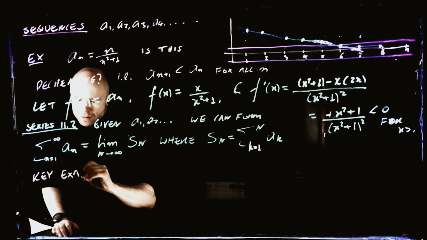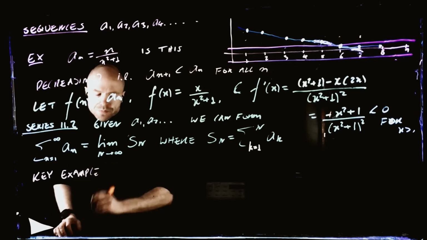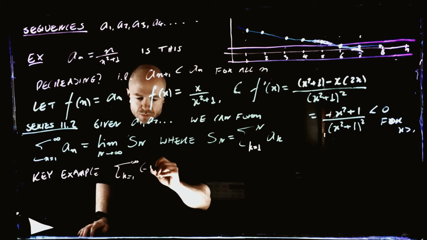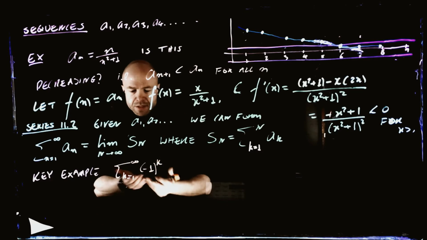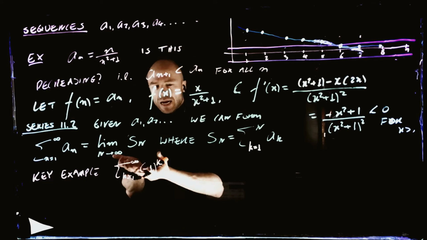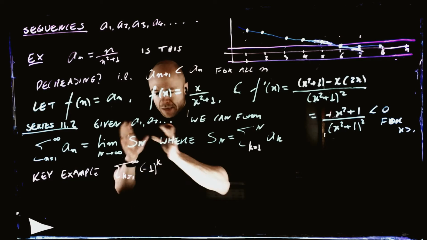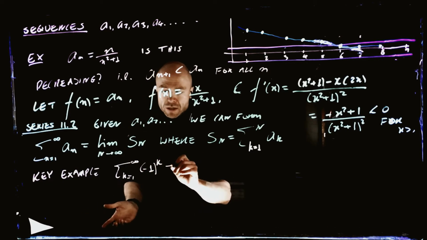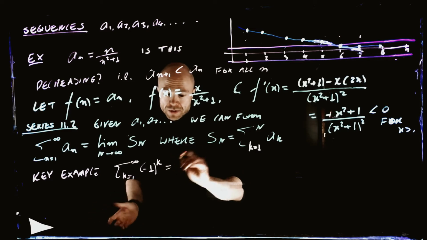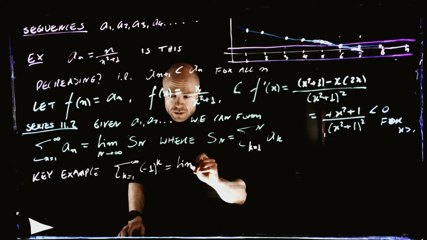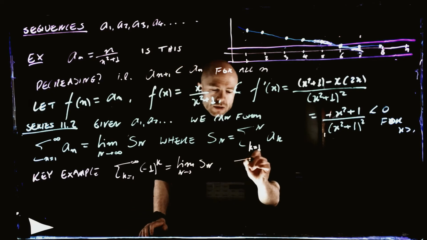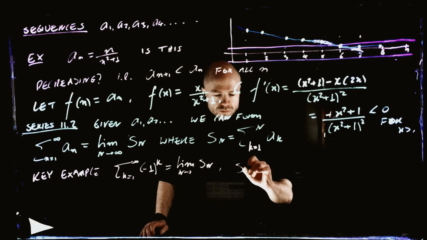If we consider this thing, this thing has literally no meaning. It's not anything. It just has no meaning. It is not anything that we can give any meaning to, because what is this then? This is the sum as n goes to infinity of these partial sums, and the partial sum